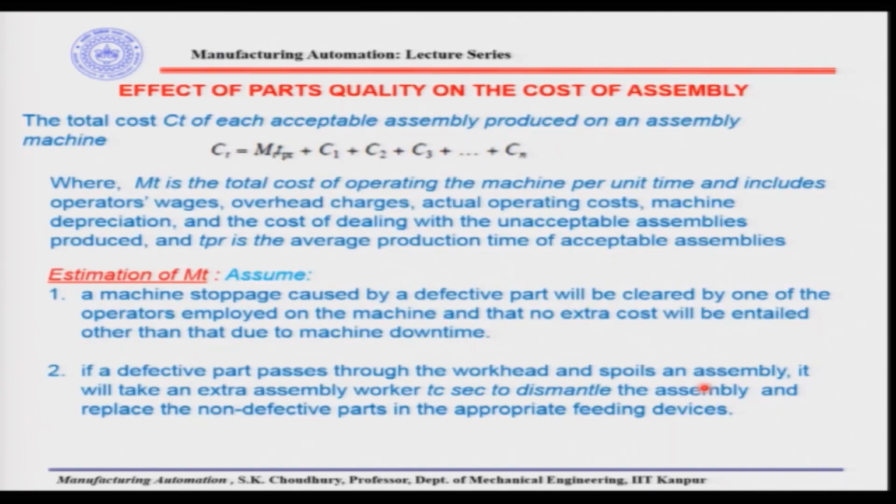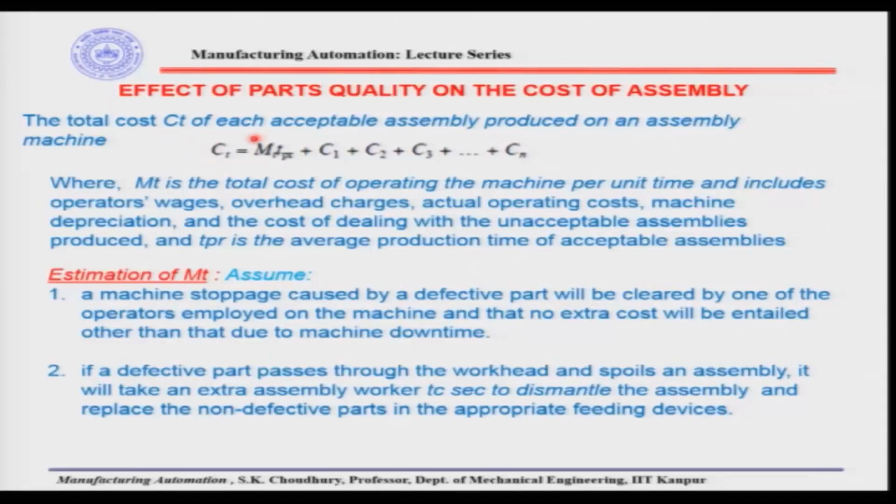Effect of part quality on the cost of assembly. So, we said that if part quality is higher, then the cost will be higher. The total cost CT of each acceptable assembly produced on an assembly machine is given by this: MT into TPR, where TPR is the average production time and MT is the total cost of operating the machine per unit time,